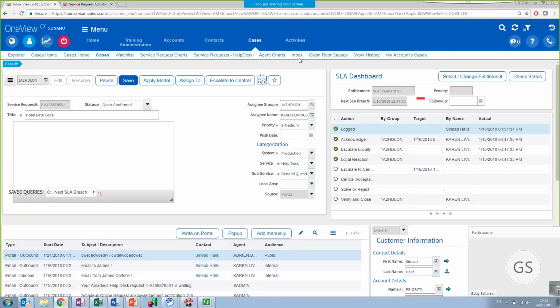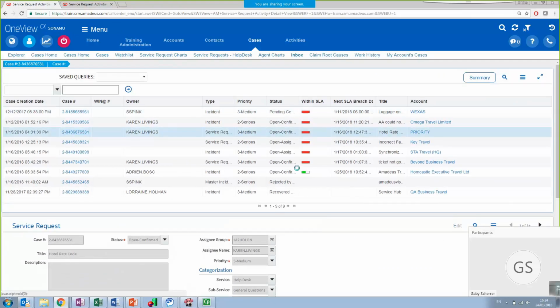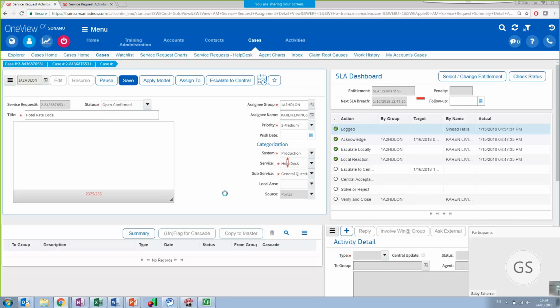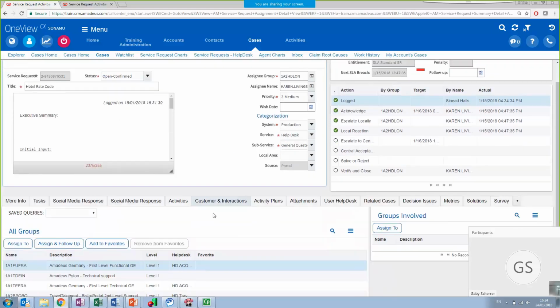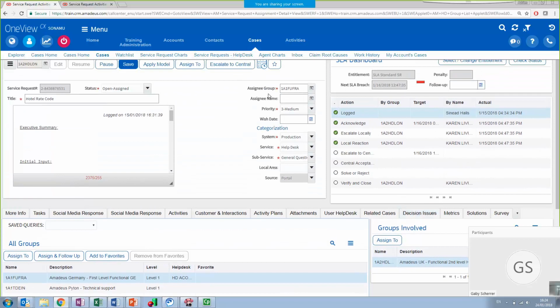So I'm in the inbox, working on a case which is open confirmed. This one, I'm going to assign to. Remember, it's the case finishing by 531. If I do assign to the first group I have here, the assignee group has changed.